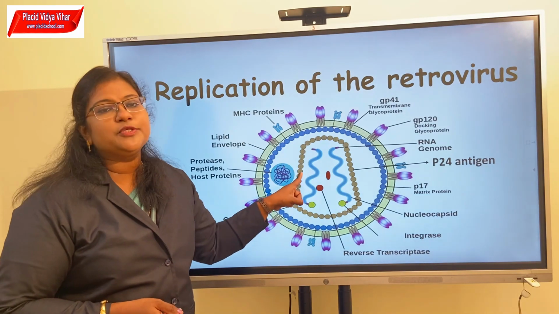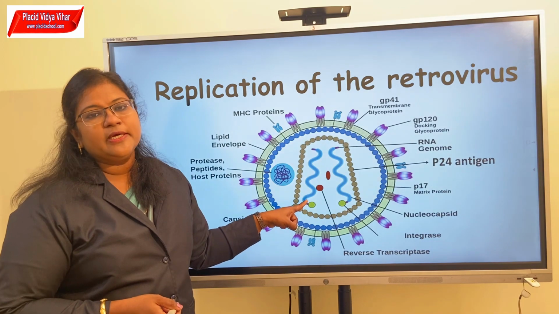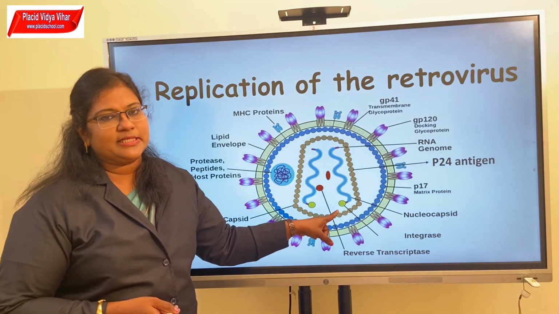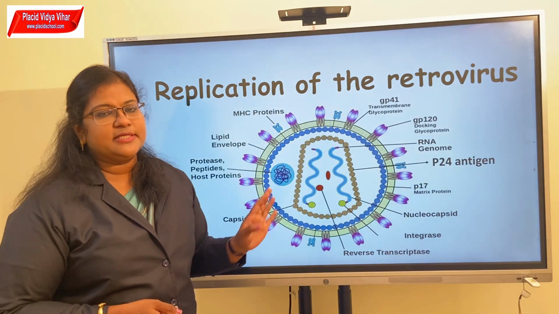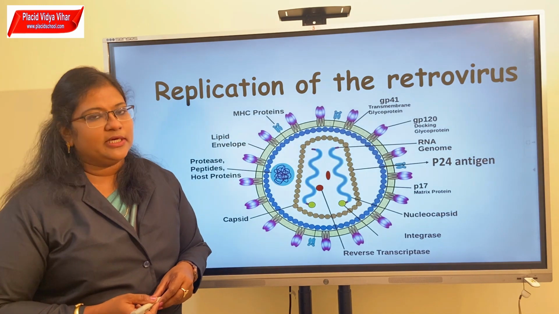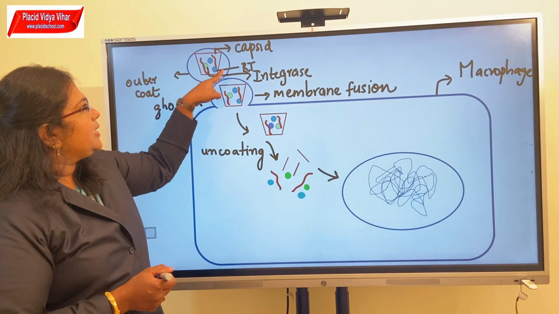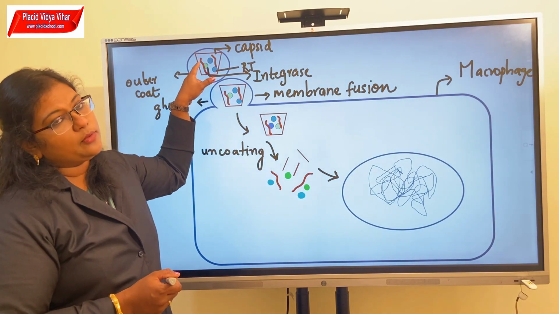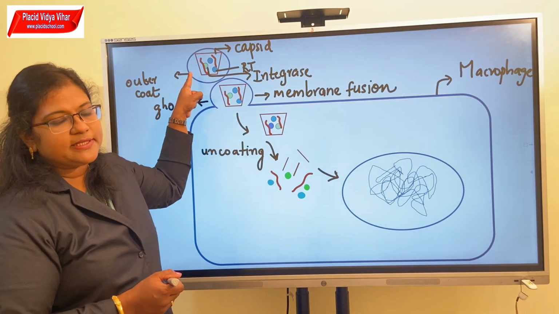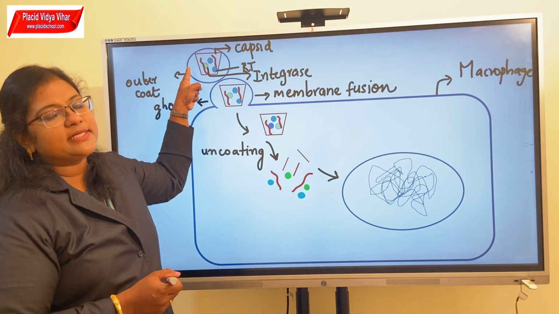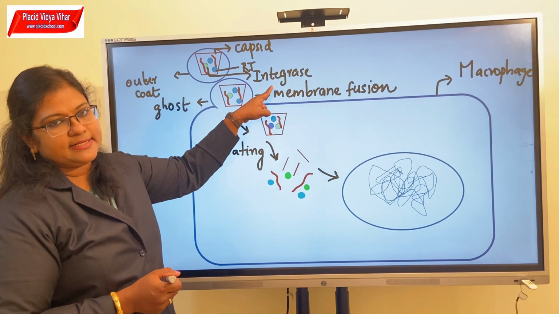It consists of two single-stranded RNA molecules associated with two molecules of integrase as well as reverse transcriptase. The number of the molecule is not constant, but we can mark two integrase and two reverse transcriptase in the capsid core just for convenience sake. You can see the picture of the retrovirus here. Outside, the circle marks the outermost envelope of the virus. Inside, the red color one shows you the capsid. Inside the capsid, you can see the two single-stranded RNA genome associated with reverse transcriptase and integrase enzymes.